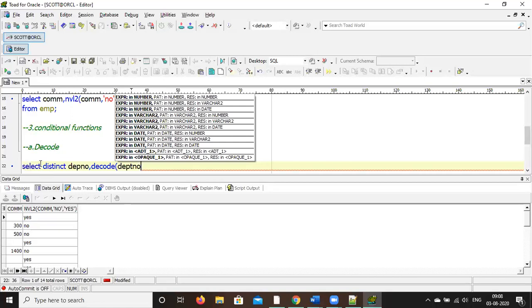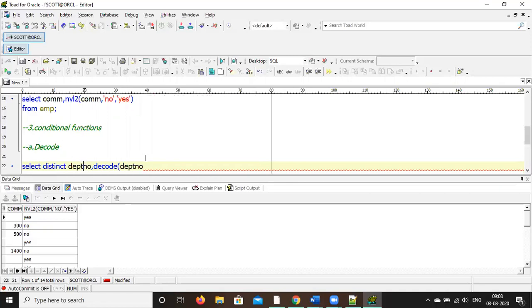And there also DISTINCT DPT is missing. Comma 10, comma within single quote HR. Comma 20, comma IT.